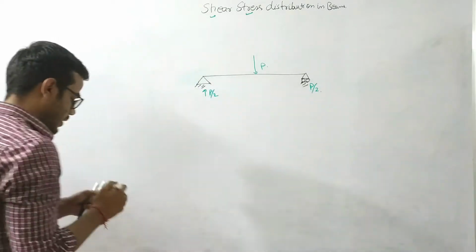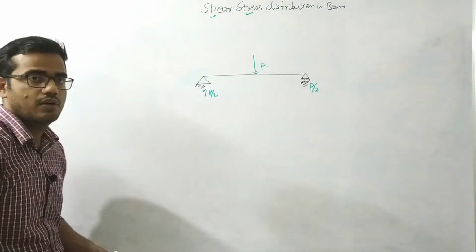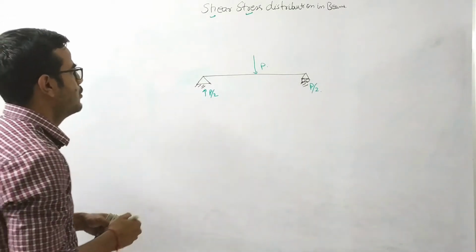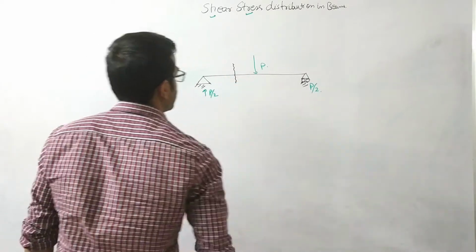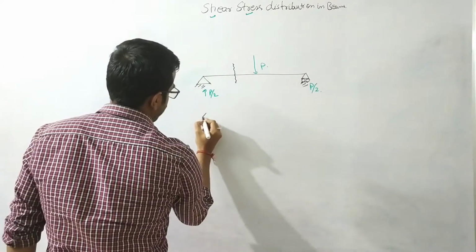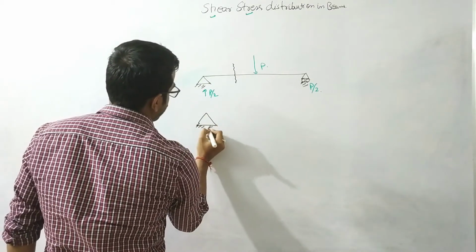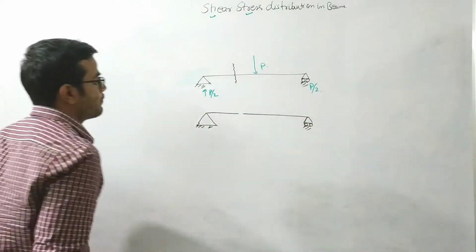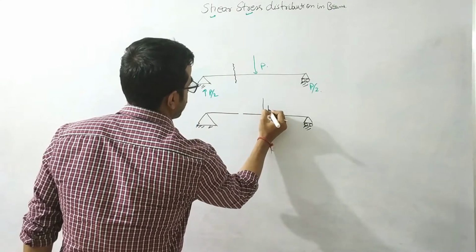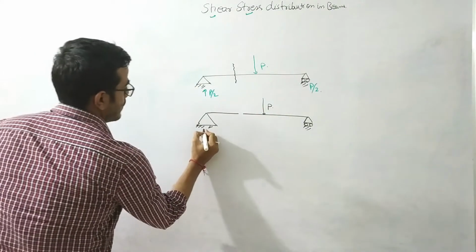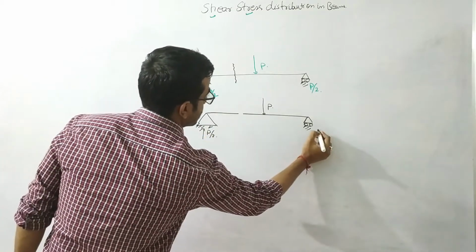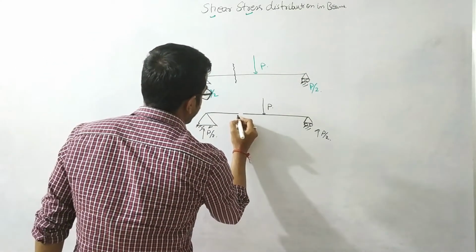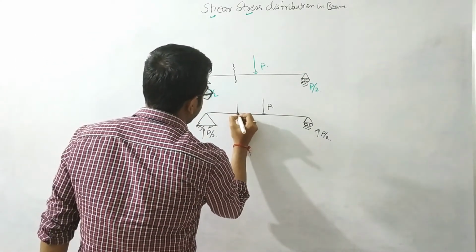Now to understand what shear stress or shear force is: basically, shear means to cut. So I make one cut over here, and I magnify this cut. When I magnify this, it looks like this. The applied P load will be here. Now this is the reaction force. To stabilize this portion, I need to have some force, and that force will be in the downward direction.